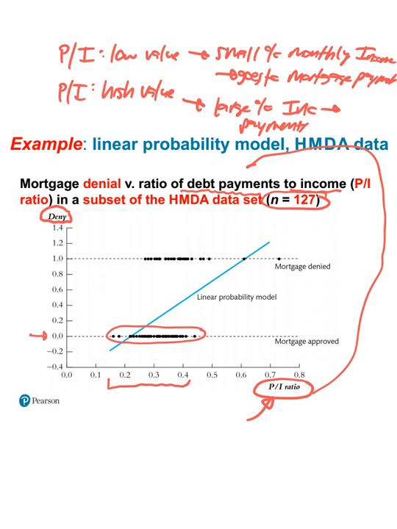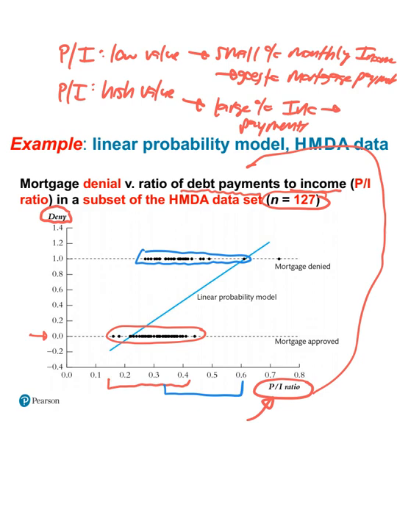Now, we can compare that with higher values of the PI ratio, where you're paying between 35 and almost 70% of your monthly income just to your mortgage. Those individuals are quite frequently denied